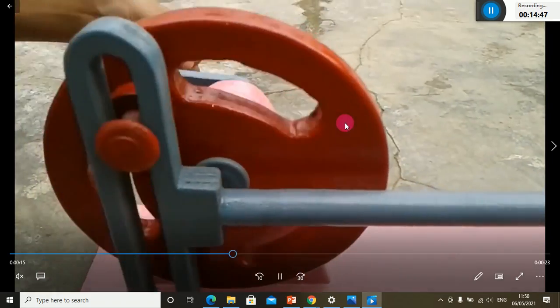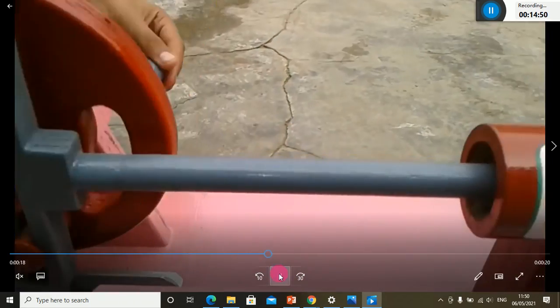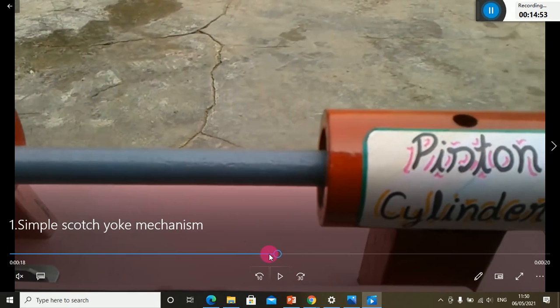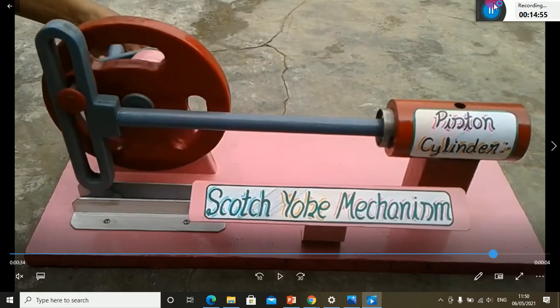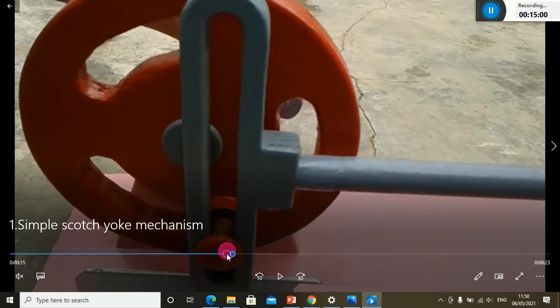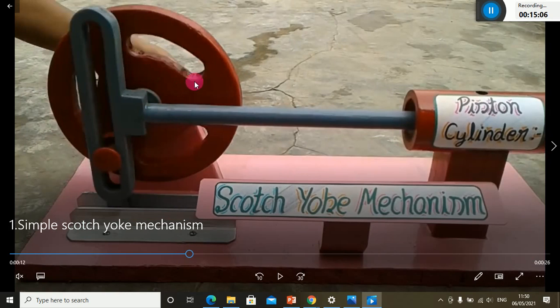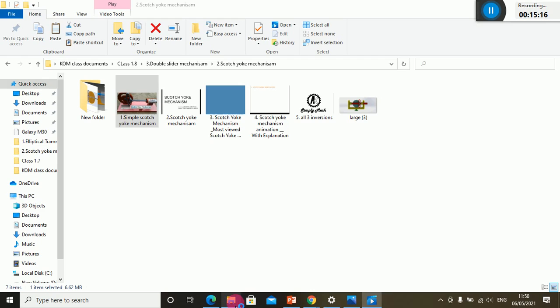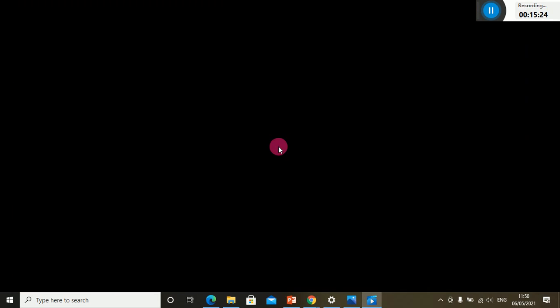And one more thing, you can see there's only one slider, as I said. So just leave aside this piston. Piston will not come in the Scotch yoke mechanism. At the left part there is only one slider. As I said, this is the modification of the double slider. Then what about the other slider? You can see that in this case one slider is fixed. That is not visible here. Better I can show with this mechanism, this video. Remember, in the Scotch yoke mechanism, out of those two sliders, one will be fixed.